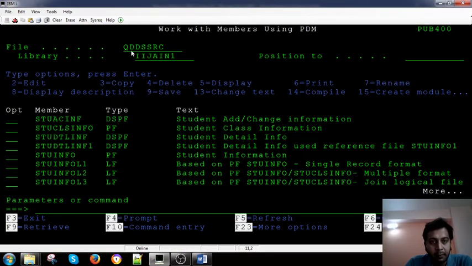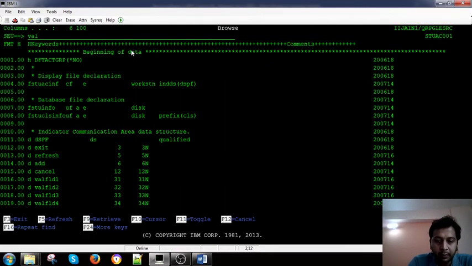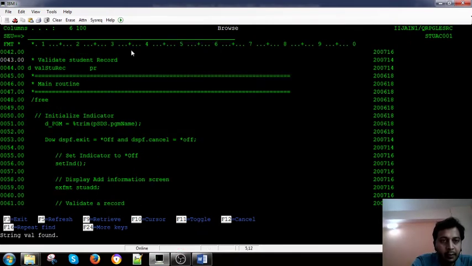Let's see the program. In the program what we did, QRPGLESRC. There was a routine called valid. So we can take F4. These are the valid indicators, and this is a routine. We copy this and paste, and then search for this validation procedure.